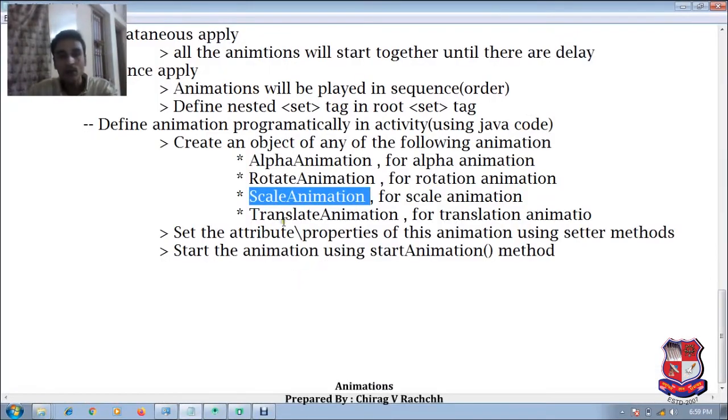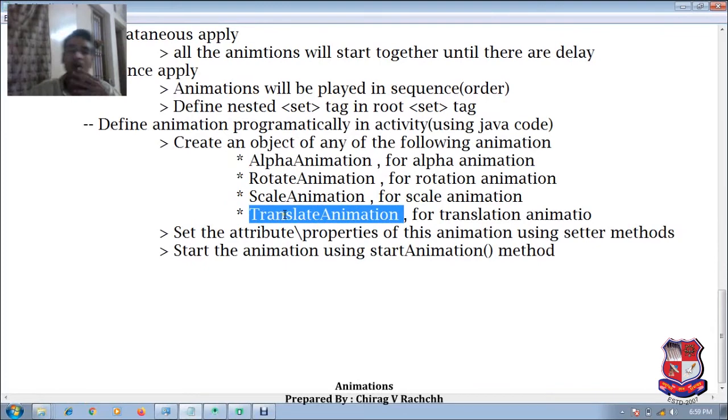Now the next type of animation is translate animation. Translate, as you know, translates the object's locality, which means the location of the object changes. It can be in both directions, horizontal as well as vertical. If you want to move the object only horizontally, we should change the x values, meaning from x to x. And if we want to only change its vertical location, we should apply from y to y. But if you want to move the object in both directions, then we should apply all four attributes: from x to x, from y to y.